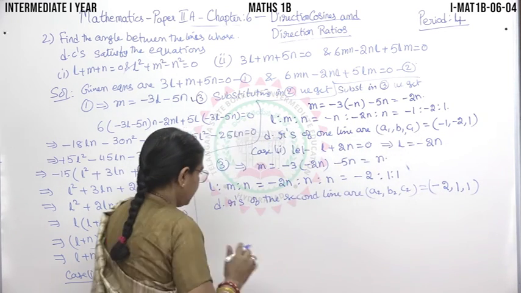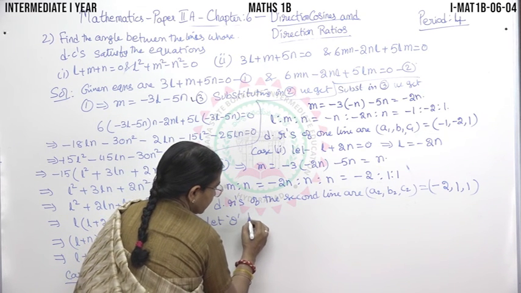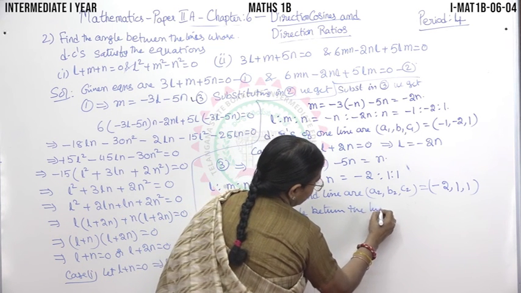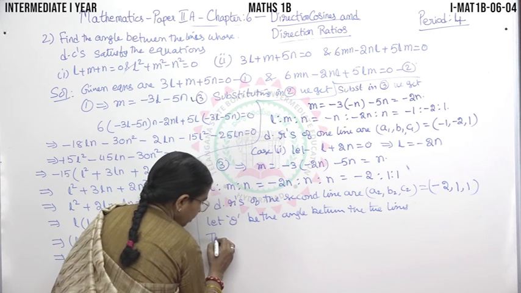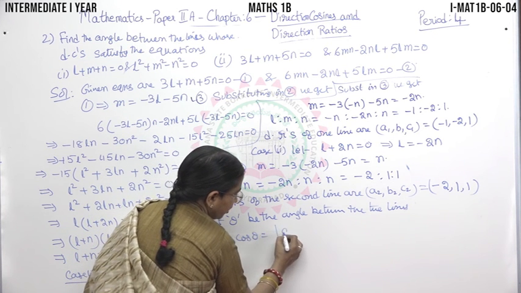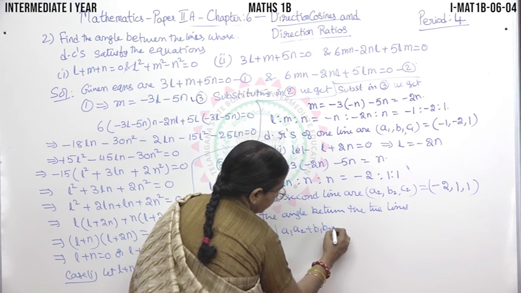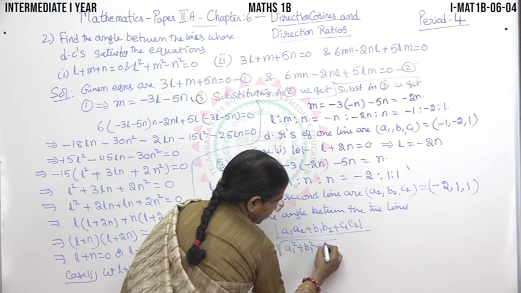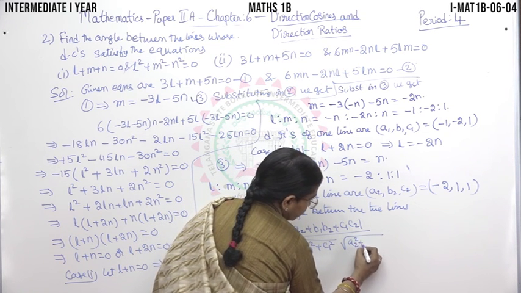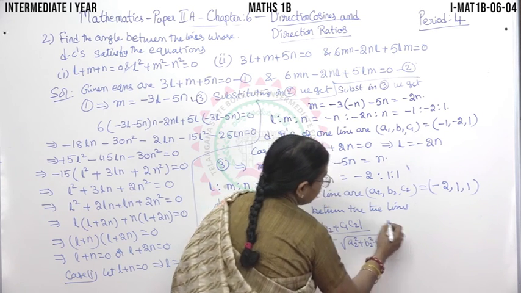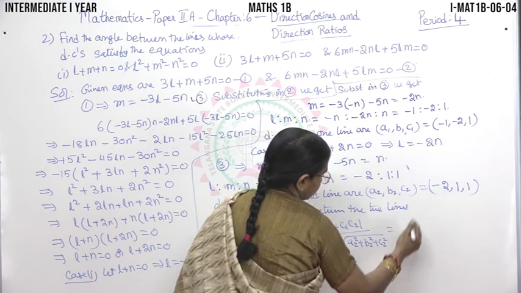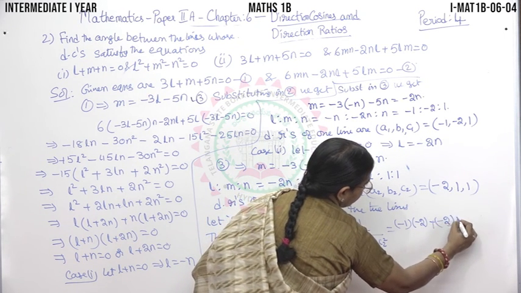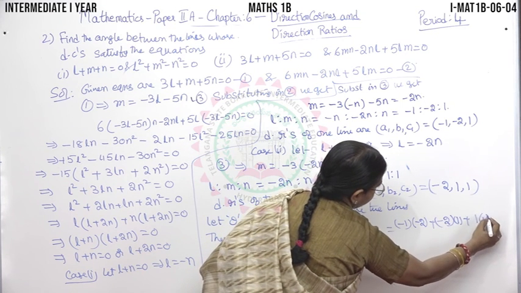Now we'll take, let theta be the angle between the two lines. Then cos theta is equal to, you know the formula, mod of a1 a2 plus b1 b2 plus c1 c2 by root of a1 square plus b1 square plus c1 square into root of a2 square plus b2 square plus c2 square. Now substitute the values. a1 is minus 1, so minus 1 into minus 2, a1 a2 plus b1 b2, minus 2 into 1, plus c1 c2, 1 into 1, by root of